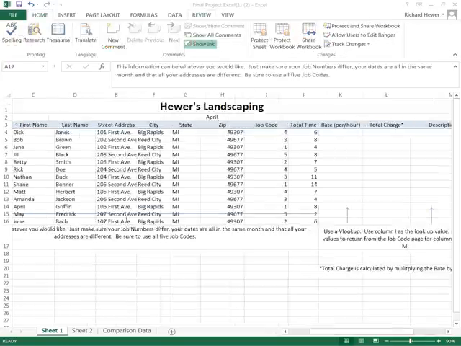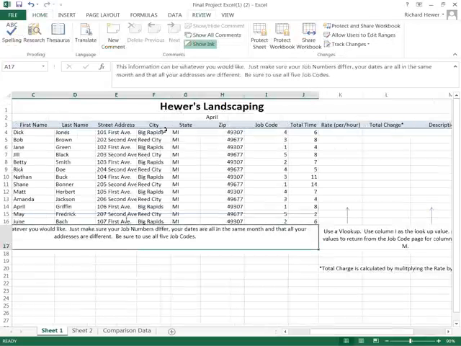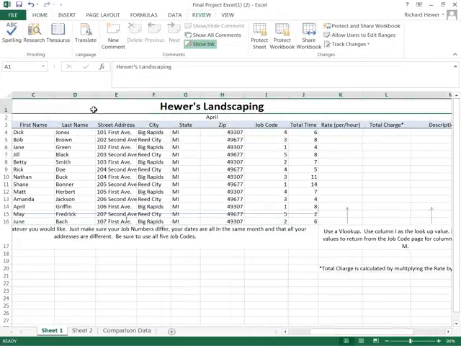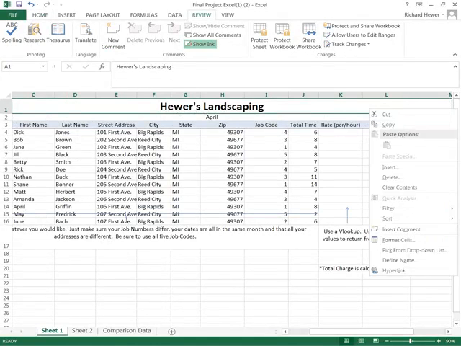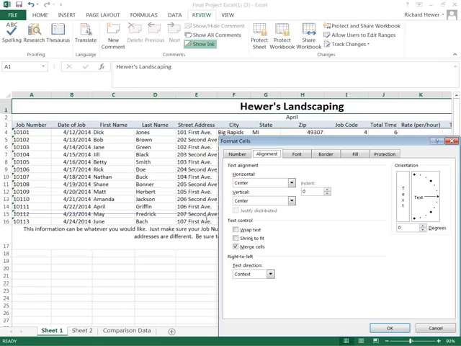Okay, I've made a number of changes now, so I'll point out what those changes are. First, in A1, I typed Hewers Landscaping. Then I moved it all the way over through M. I highlighted A1 through M1, and I right-clicked, and I went to Format Cells, and I merged it, and then